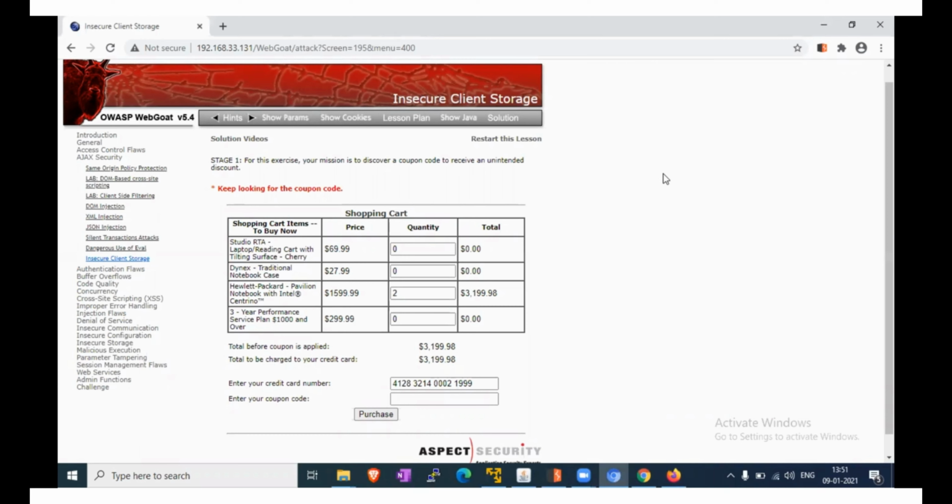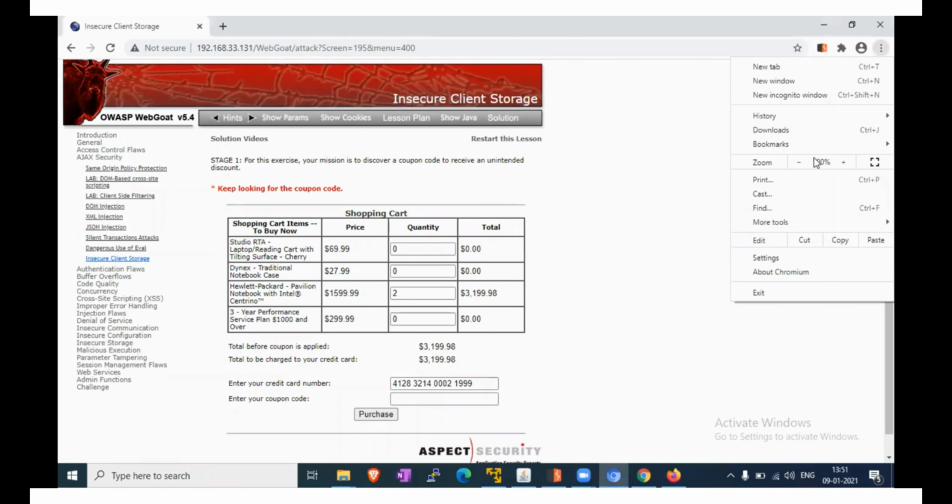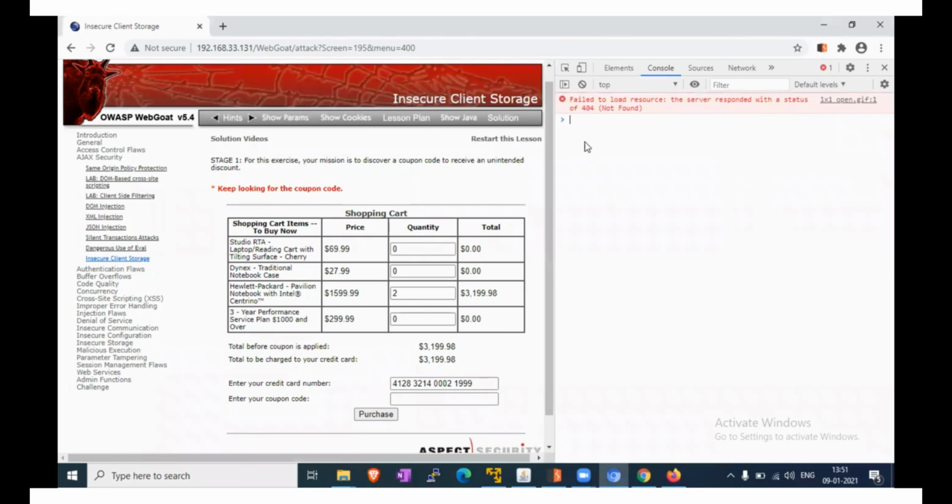Previously, due to a network issue, I lost the session, so I reinitiated and started the developer tool. Now we just have to type decrypt and press enter.